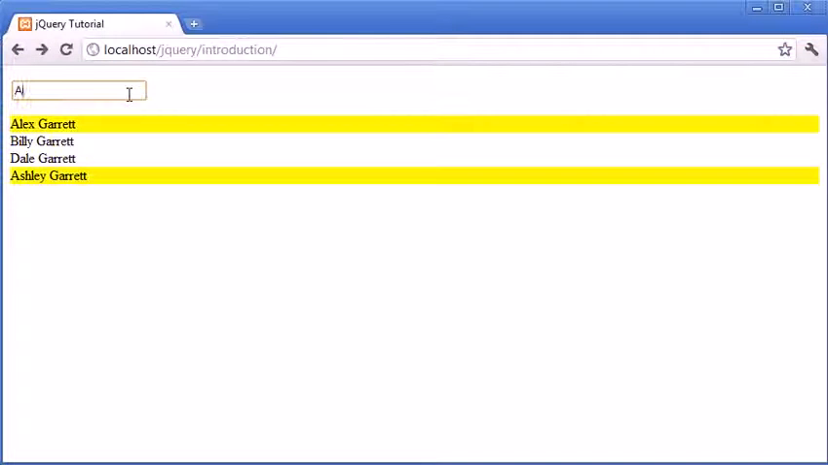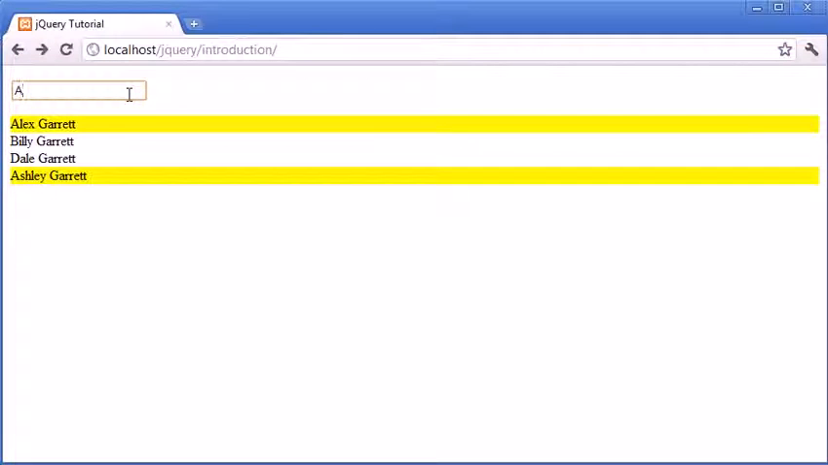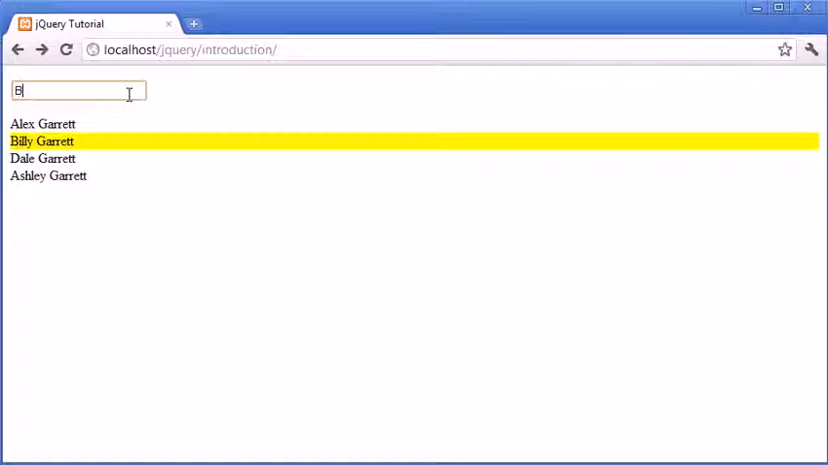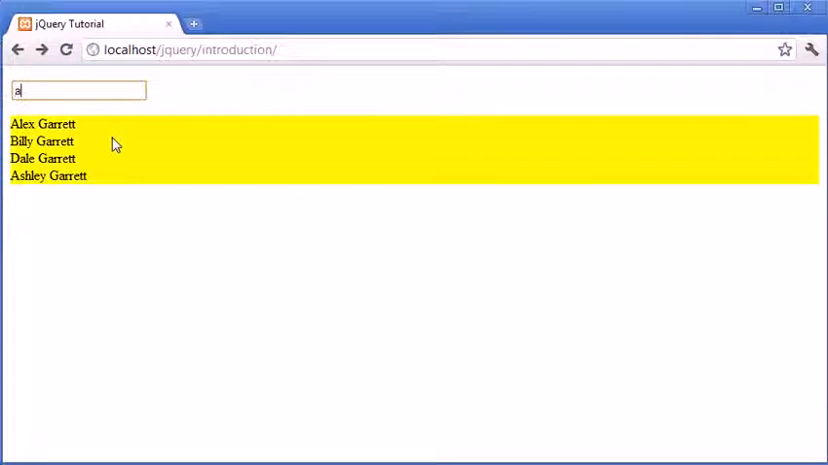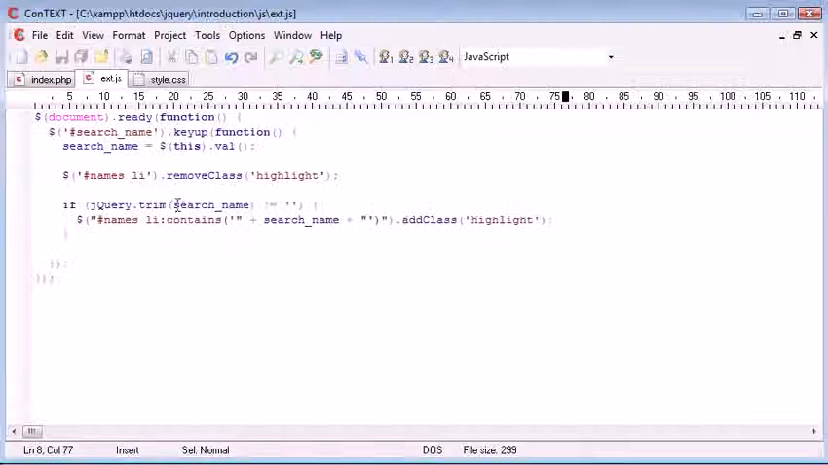So if I was to type A and then a backspace, obviously with the backspace and nothing in here, nothing has matched, so we've removed the class and we haven't then gone on to add another class. If I then type Alex, it highlights Alex. If I type a capital B, it highlights the line with Billy in it, and again A will select all of them. So something like this is quite useful if you have a list of, say, database table generated elements